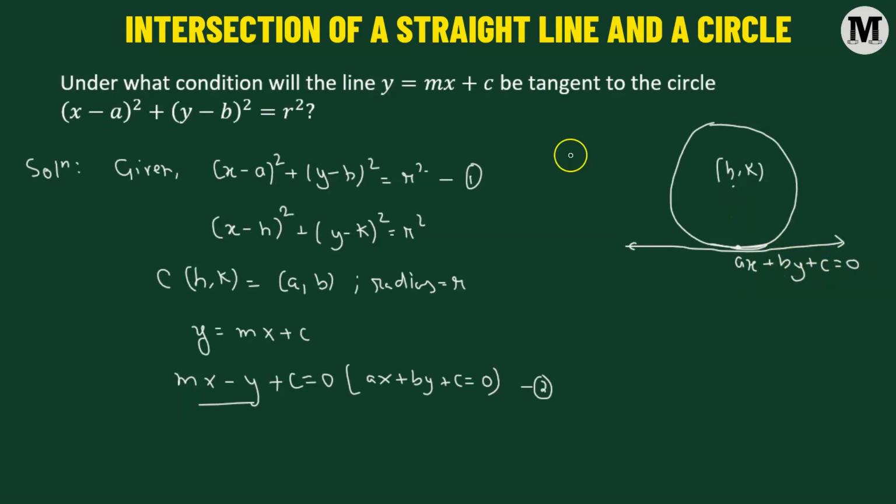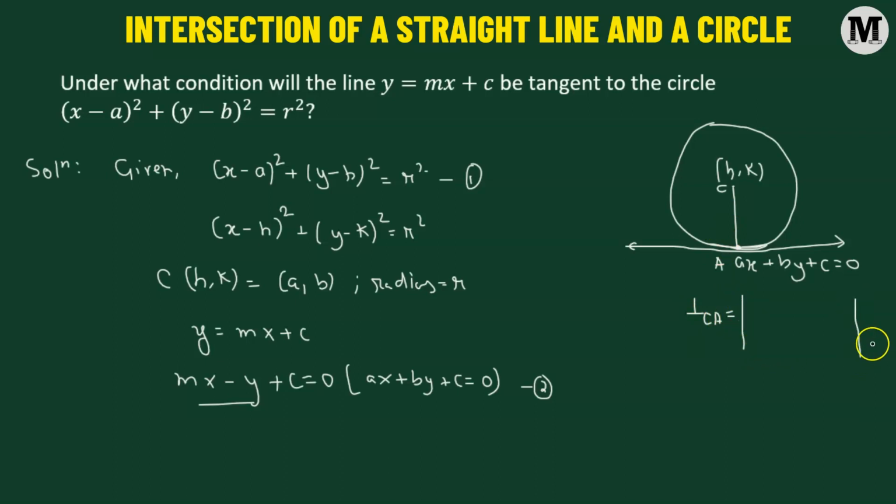Now we know that if we draw a straight line joining the center of the circle and the point of tangency, then this line CA is going to be perpendicular to the line, and the perpendicular length CA can be obtained by using the